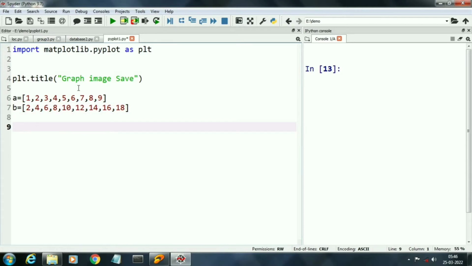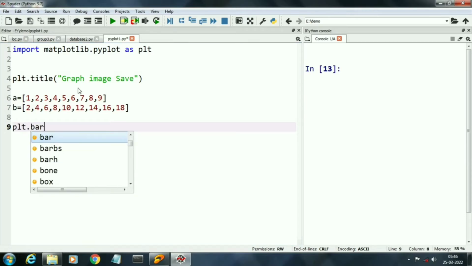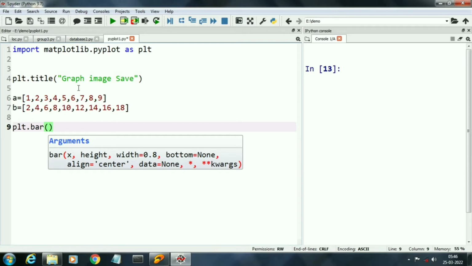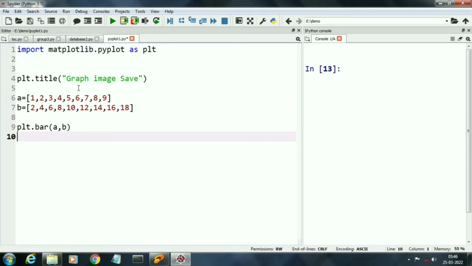Now I will create the bar chart by using the command plt.bar, parenthesis, then the lists A, B.